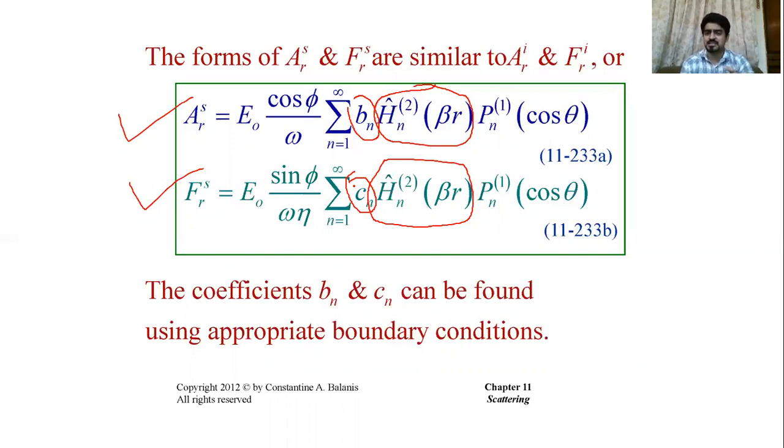From that, we'll take the tangential components of the E field to the surface of the sphere. What are those components? E phi and E theta. So we have two equations, E theta and E phi. From those, we apply the boundary condition at r equals a. Those two components, E theta and E phi, should go to 0. When we impose those two boundary conditions, we will be able to find the unknown coefficients b_n and c_n. So let's go through that process.